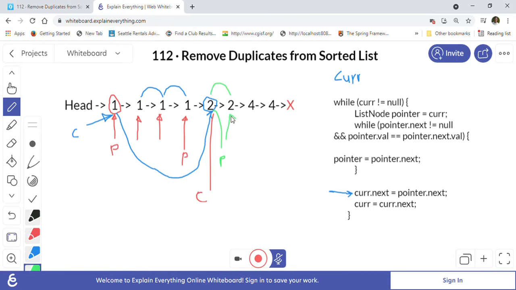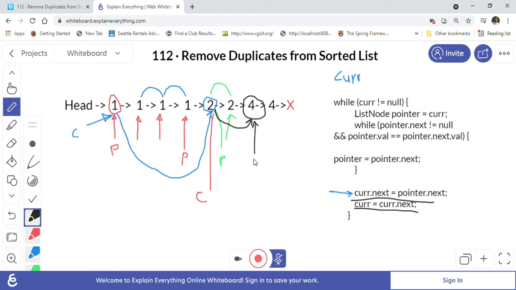So at this point pointer p finds that the next value it has is different. So at that time what we will do is we will take this, and 2.next we will make equal to pointer.next. So pointer.next is this, and current is here, right? So current.next is equal to pointer.next, this we will do, and current we will move to current.next. So current will go here now after that.